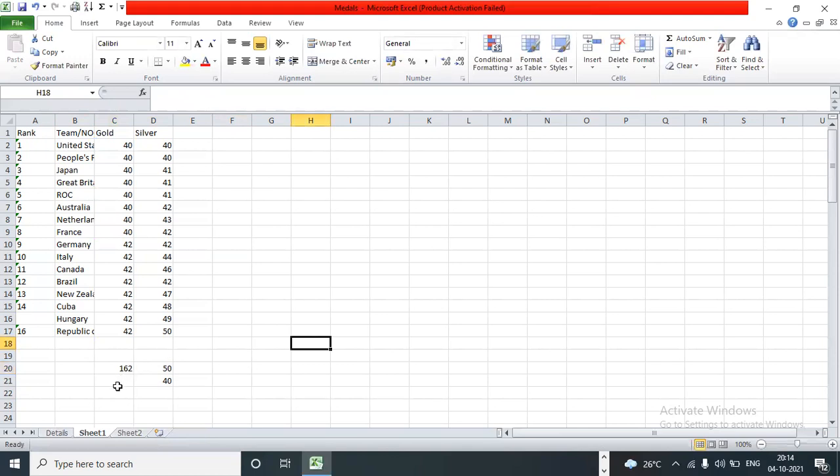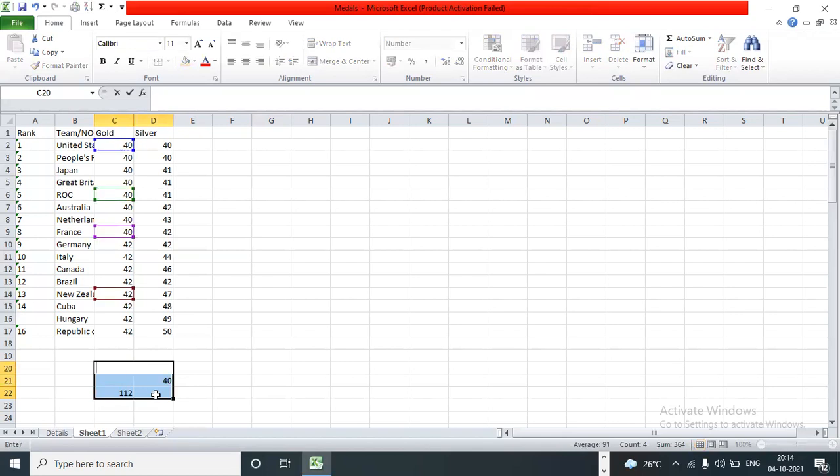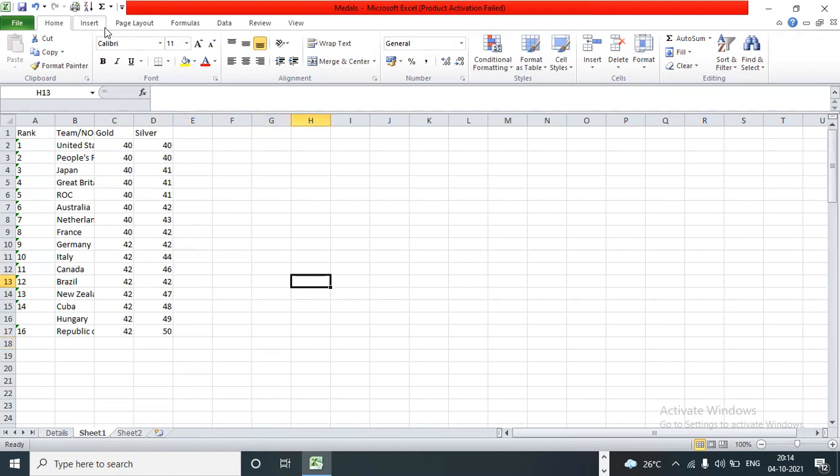Now if you want to get the difference, if you want to subtract something, how to use the subtract? Again, the formula starts from equal to, select this, minus, then click on the other. Can you see the difference? Subtraction, right? Yeah. So what I'm trying to say is that with the help of Excel, you can use multiple formulas. There are n number of formulas.